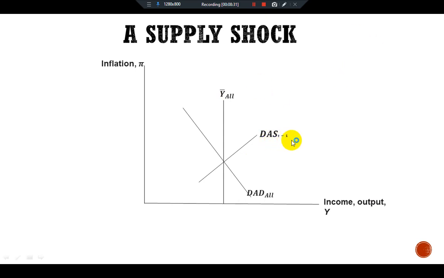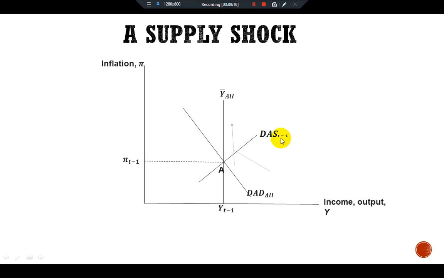This is DAS t minus 1. At this time, we have the intersection of both the dynamic aggregate demand and aggregate supply curves at this point, point A. At this point we have the level of national income Y t minus 1, and with that, inflation pi t minus 1. So a supply shock in period t shifts the dynamic supply curve upward from DAS t minus 1